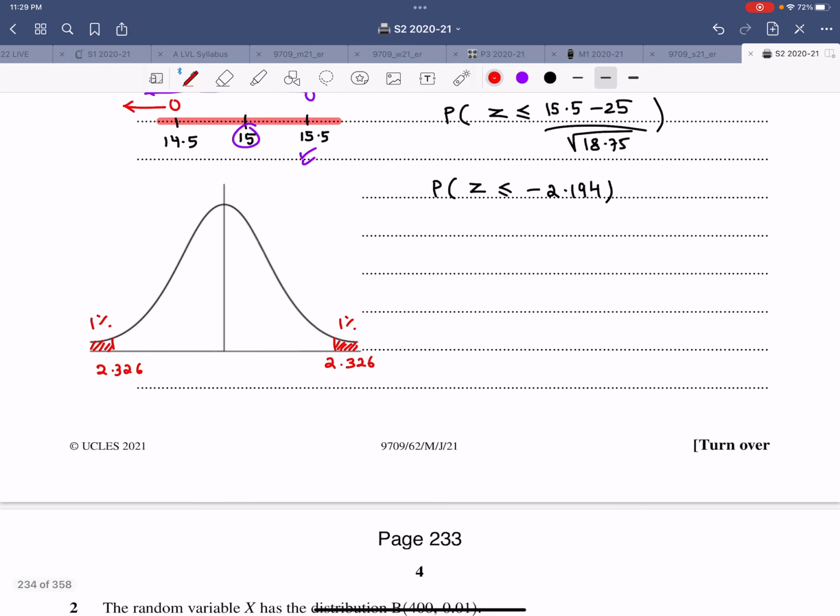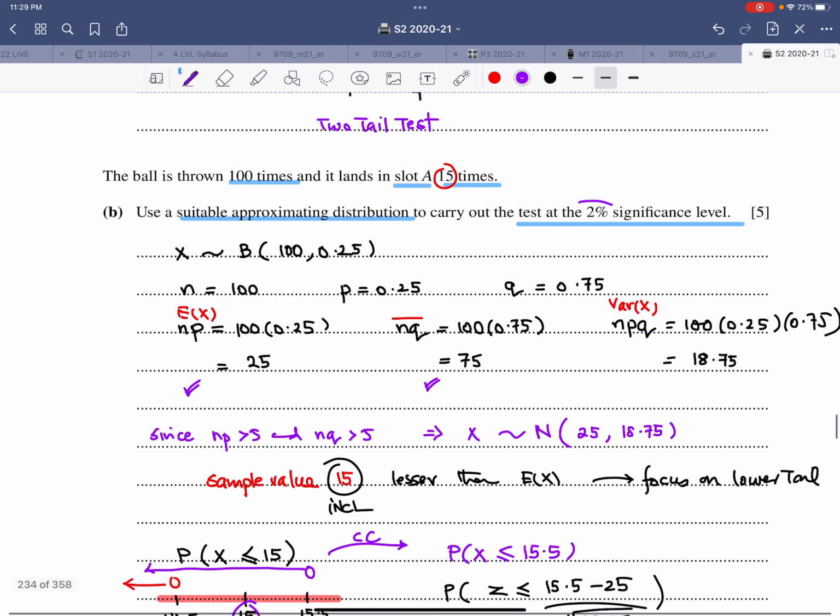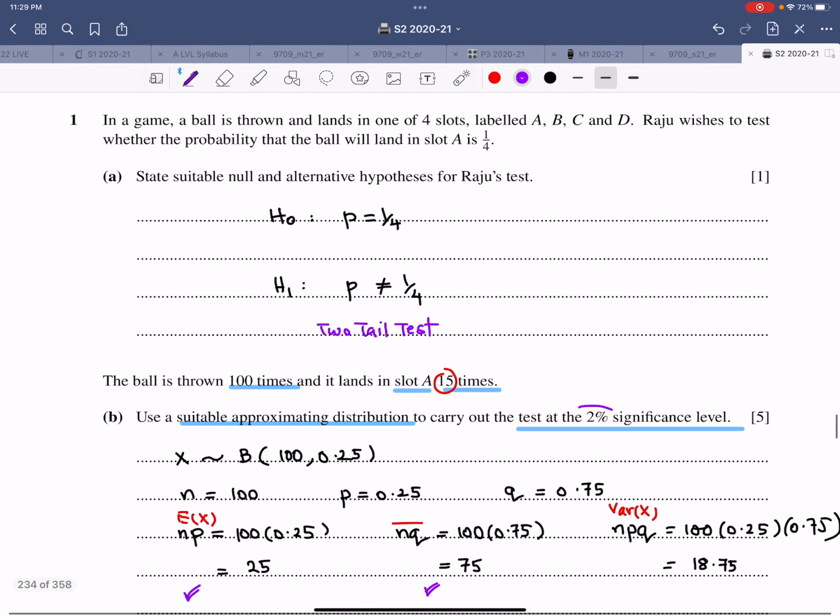2.19 is negative, and 2.19 lies outside of the critical region. Since the calculated z value lies outside of the critical region, therefore do not reject H naught, therefore accept H naught. Therefore, what is the status quo? The status quo, things as it is, was that the probability that it will land on slot A is